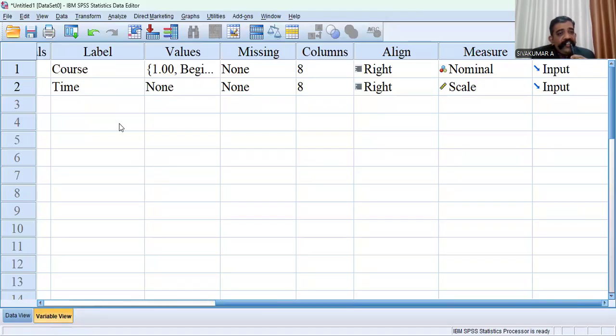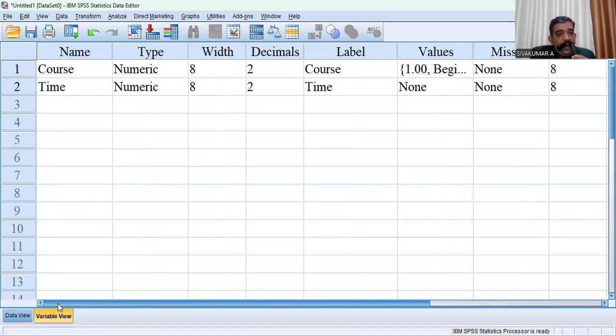Now, our topic is one-way ANOVA. I may share my SPSS screen to you. Okay. I have already entered the variables here. You can see the variables in my screen. When we think about one-way ANOVA, then every parametric test should have a dependent variable and independent variable. In one-way ANOVA also, there is independent variable and dependent variable.